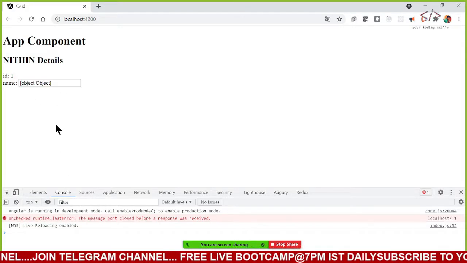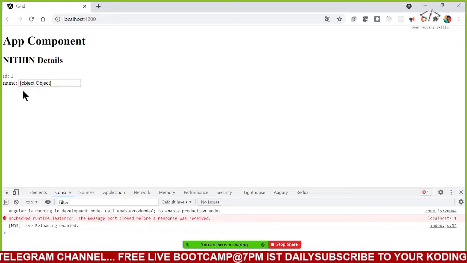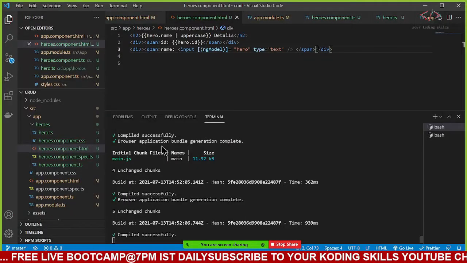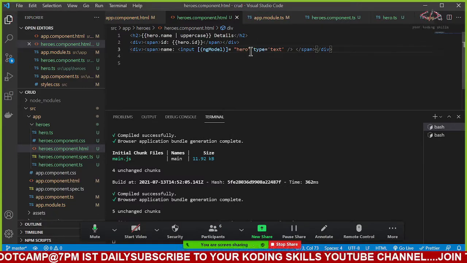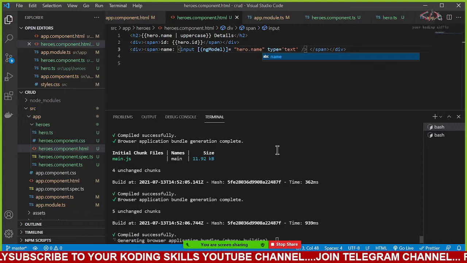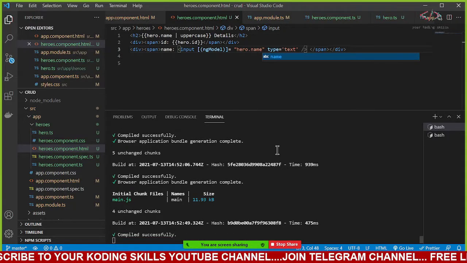It is giving me object. I need to specifically say what it is. It should be hero.name or hero.id, whatever value you want to store in that input variable. All right.